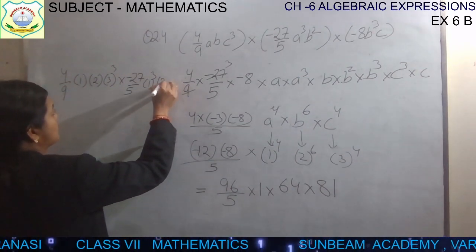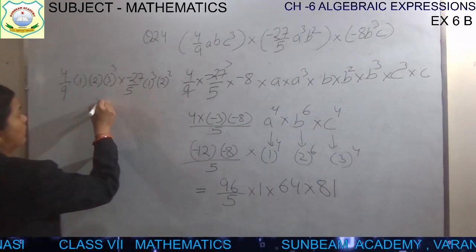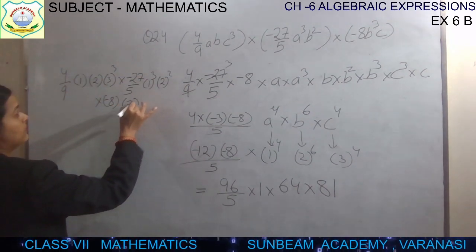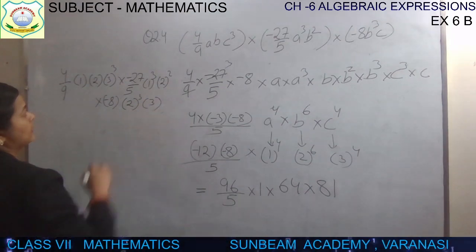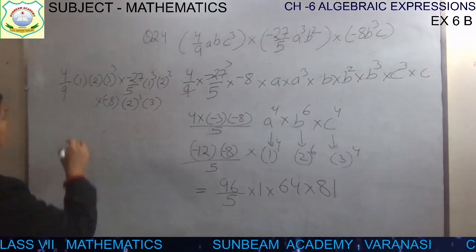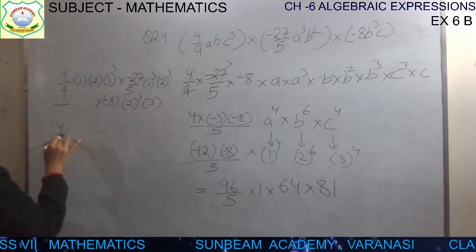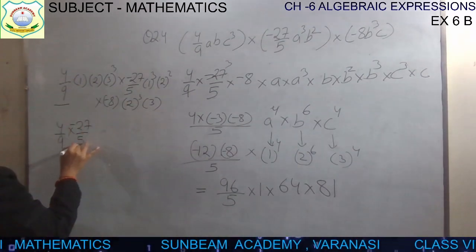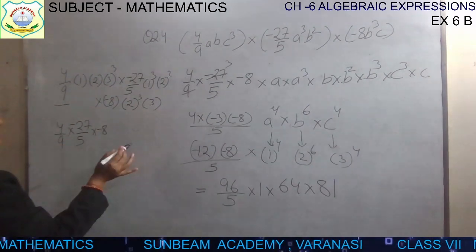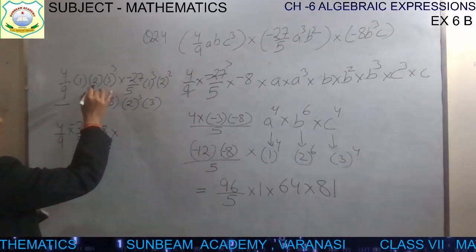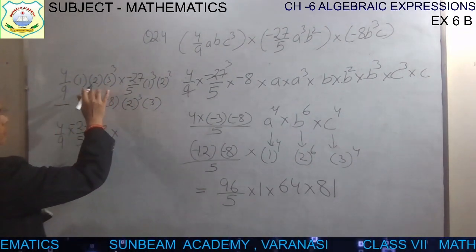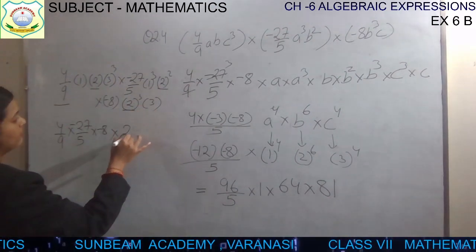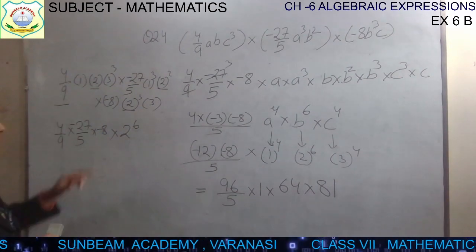b square is 2 का square. And then one more is into minus 8, B is 2 to the power 3 and C is 3. In this way you will write down. So just collect 4 by 9 into minus 27 by 5 into minus 8. इसको साइड बाय साइड ले लीजिए बेटा. And then 2 1 2 there, 2 to the power 2 and 2 to the power 3. Total 2 to the power 6 हो गया. मैंने आपकी मैम ने सारे 2s को कलेक्ट कर लिया.